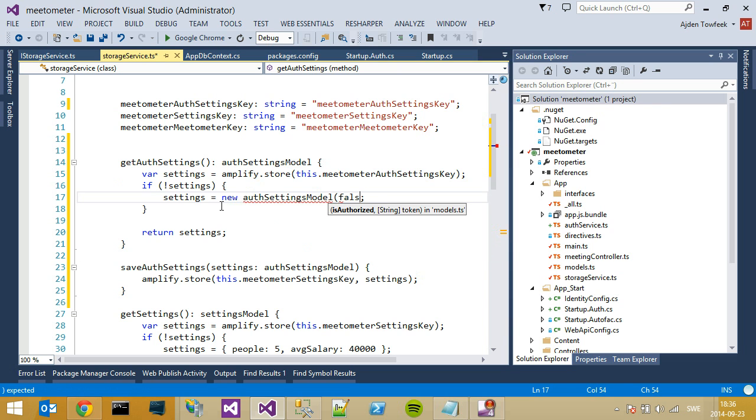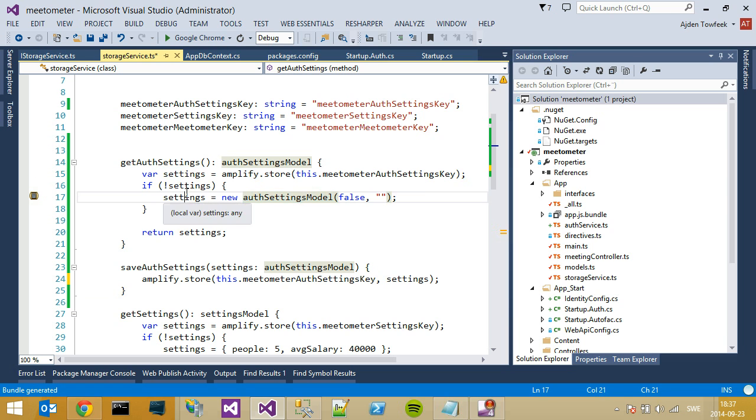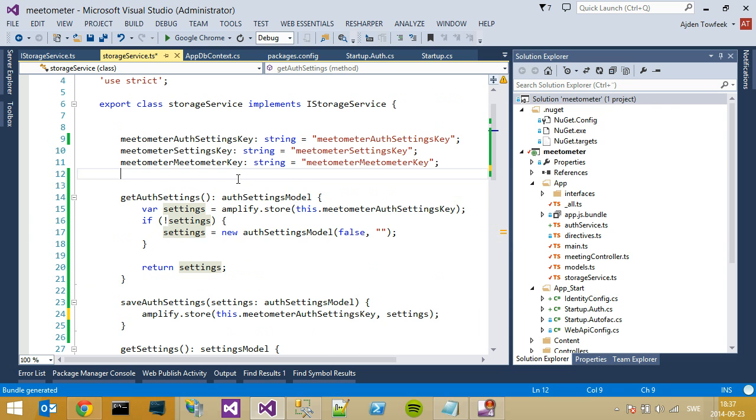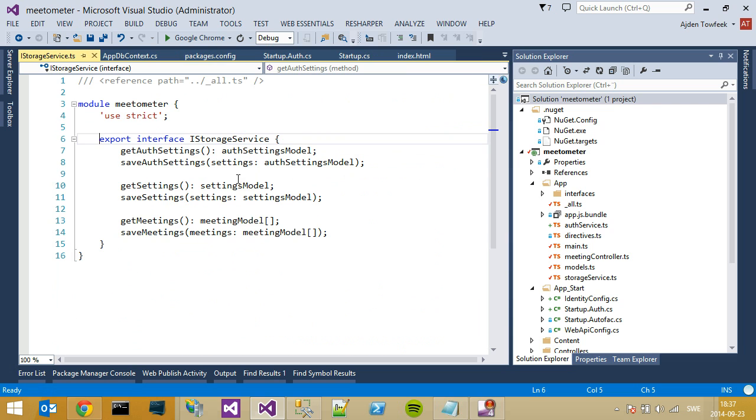Default should be that we aren't authorized. Perhaps an empty string token. Meter auth settings key, and we try to get the settings. If we didn't have them stored, we new up the auth settings model. Alright. Now, once we can store and get these from our local repository,